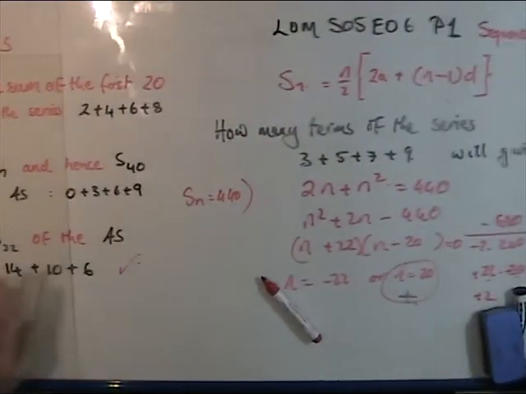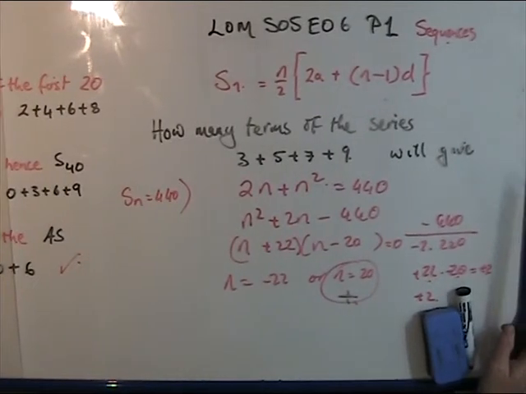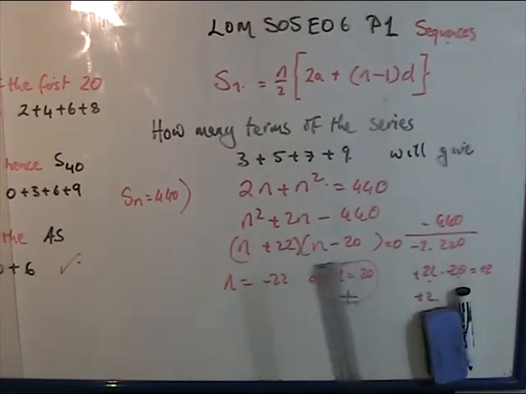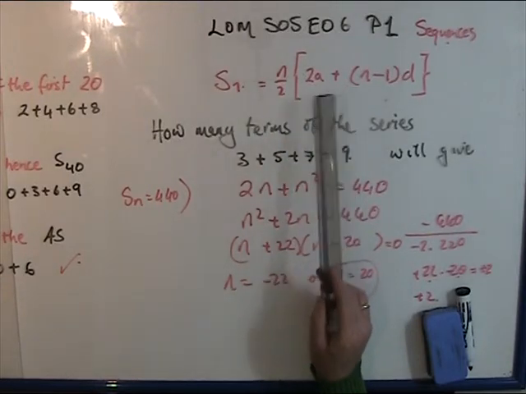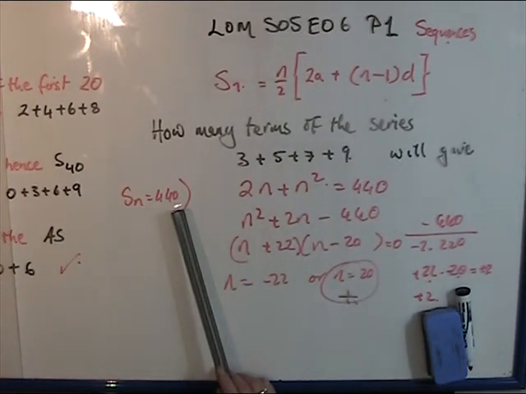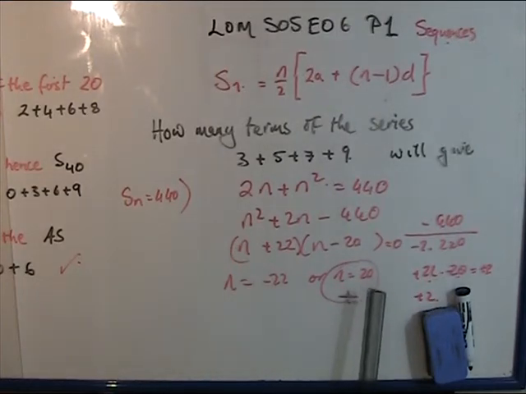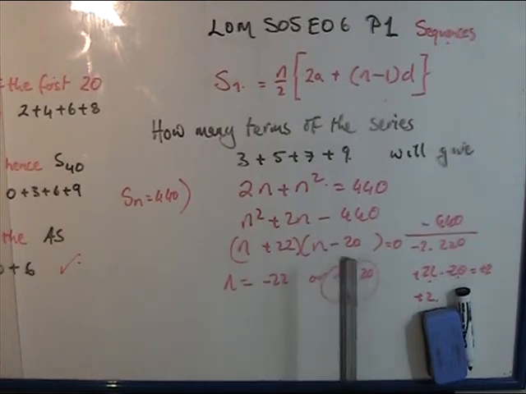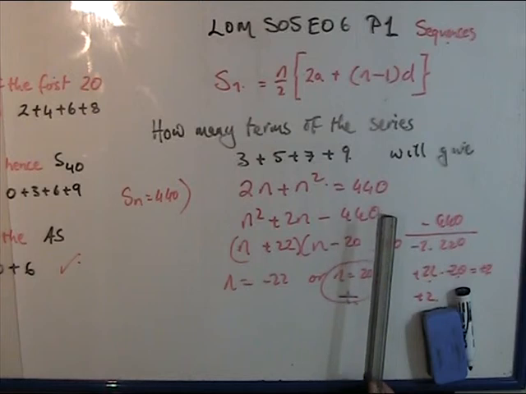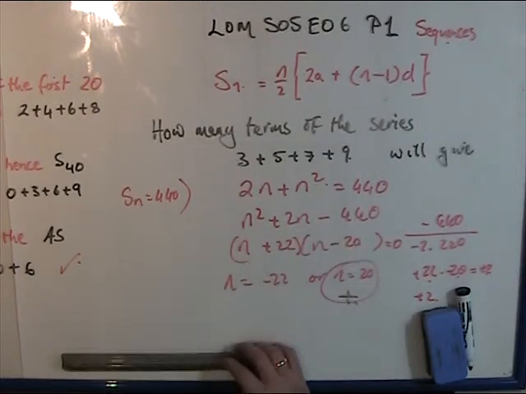Back to this one. So you see what I did here is I used simultaneous equations to solve this equation, giving this formula, to find the sum of 440. It was found that 20 terms were needed to add to give 440. So you can see where this is going. This is an enormous part of it, that you can predict numbers with absolute accuracy,